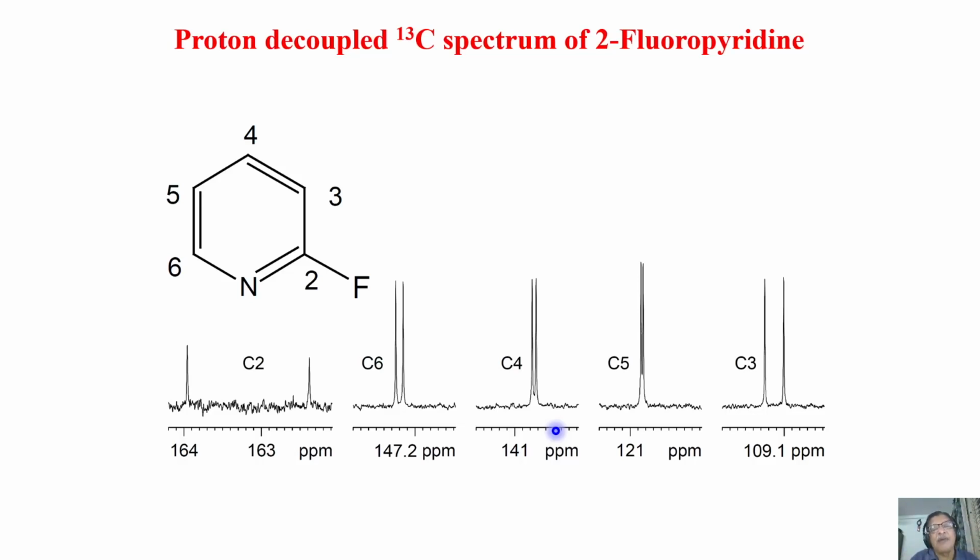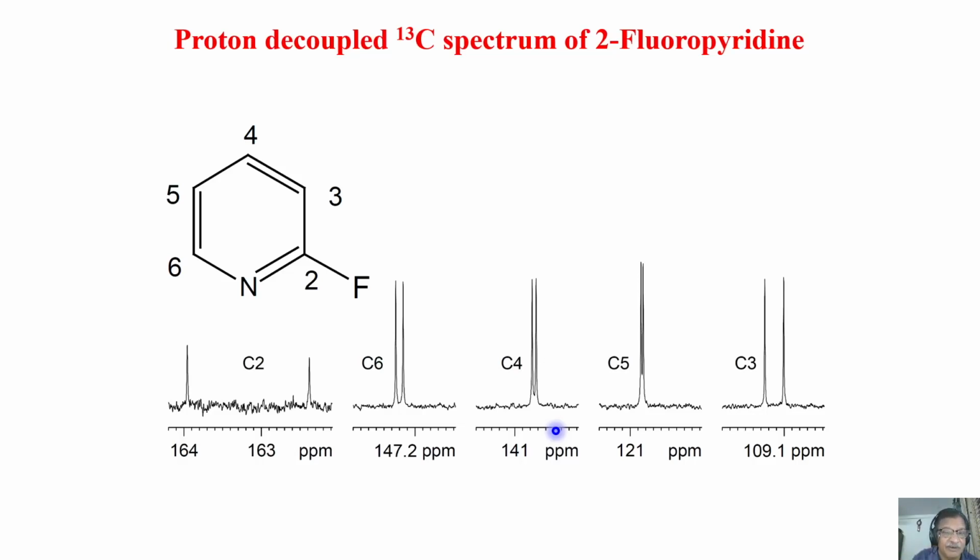At the same time, I must assign whether it is a CH3 carbon, a CH carbon, or CH2 carbon, or quaternary carbon. Based on the number of protons attached to carbon, can I do the editing? This is possible. This is a common experiment which most of the time the chemists make use of for identification of carbons based on the protons attached to it. Individual carbons can be assigned.